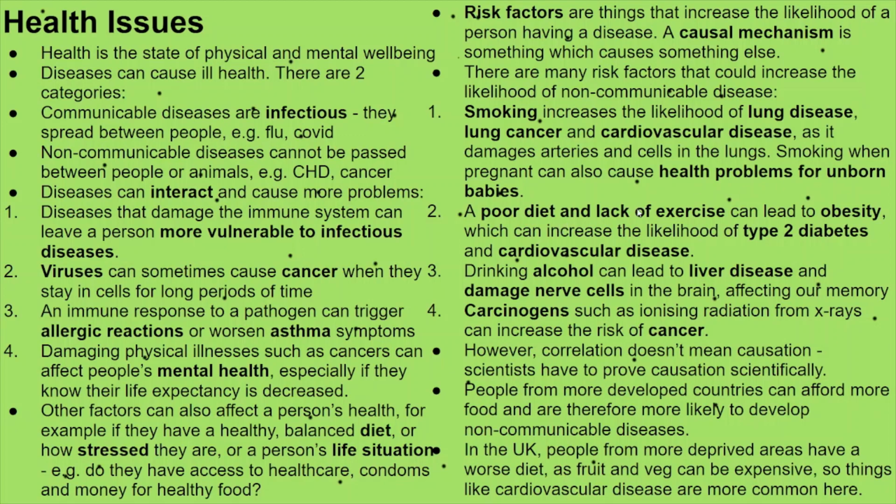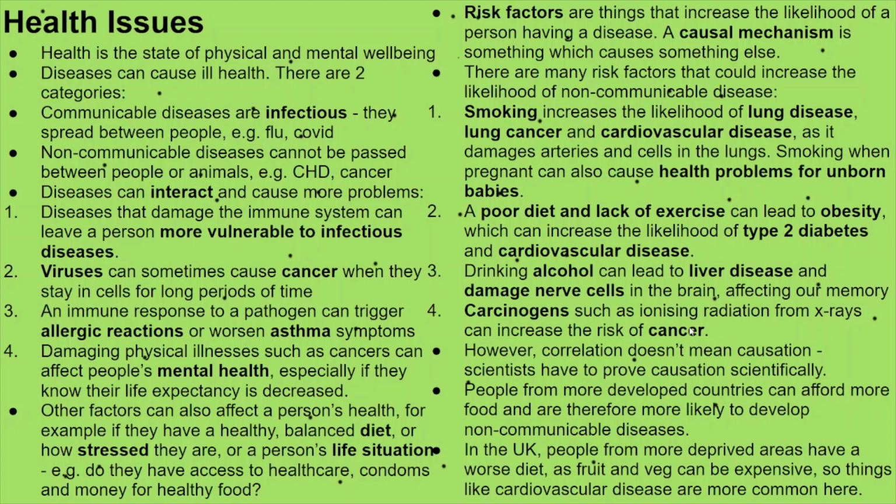A poor diet and lack of exercise, again, we saw this as a factor that can affect a person's health. This can lead to obesity, which can increase the likelihood of type 2 diabetes and cardiovascular disease. Drinking alcohol can lead to liver disease, damaging nerve cells, and similarly, drinking alcohol can damage unborn babies if you drink it while you're pregnant. And carcinogens, these are simply substances that can cause cancer. For example, ionizing radiation from X-rays, UV light from the sun,